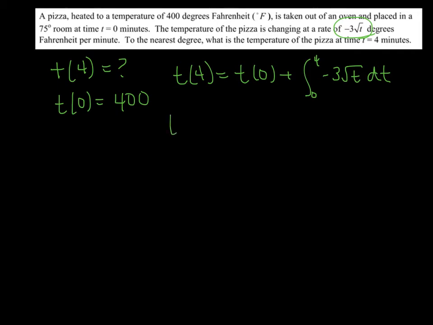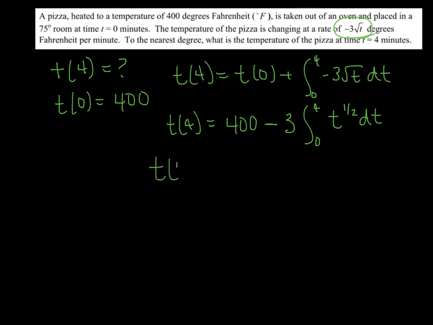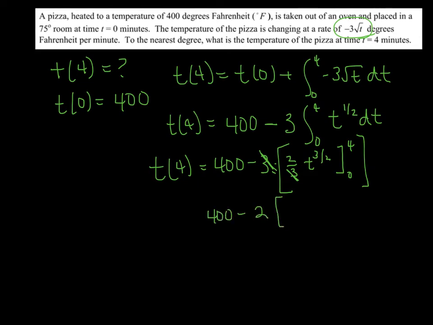All right, so T of 4 is going to equal, T of 0 is of course 400. I'm just going to take out this constant -3 and put it in front, so it'd be -3 times the integral from 0 to 4 of, and I'm going to rewrite this as t to the 1/2 dt. All right, so let's go ahead and do that integral. So T of 4 is equal to 400 minus 3 times, I would say t to the 3/2 times 2/3, and that would be, of course, from 0 to 4. All right, this 2/3 and this 3, I can go ahead and cancel those 3's, and that 2 can come out front, so I have 400 minus 2 times,